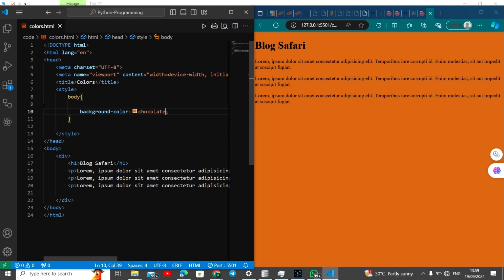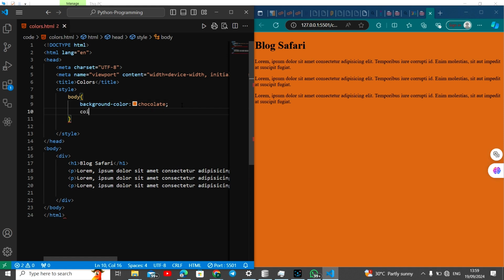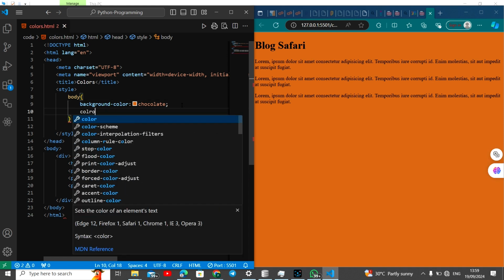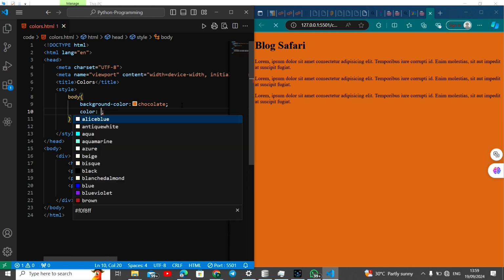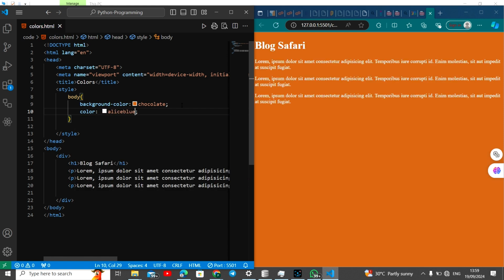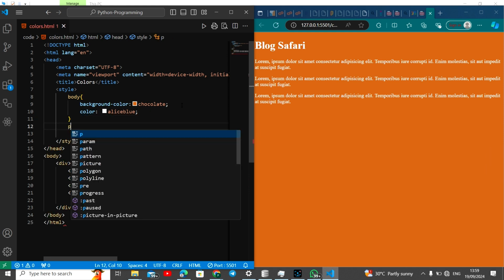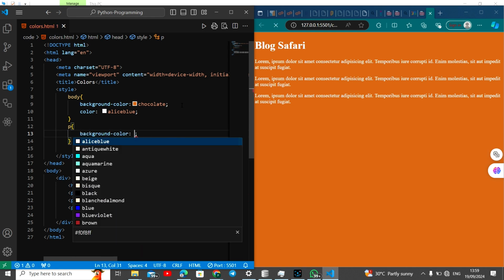So this is it. And so you have seen the first property, which is the background color. You can also change the text color by using just the color. So color will change the text color, so we can go for Alice blue, which is like white. So that gives a color to our page. Now let's try out the RGB color. That is, I think, the new thing we have to try out. So we can go for background color for our text, and then let's try RGB,